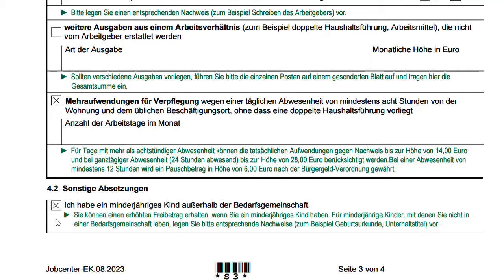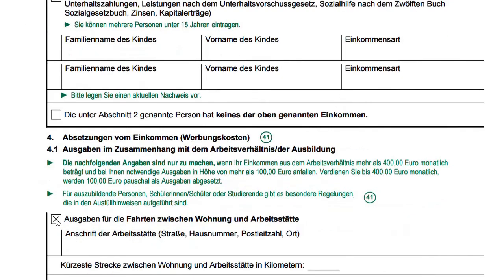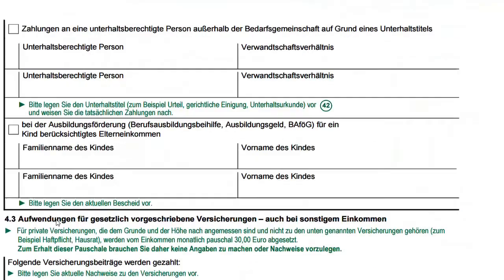For minor children with whom this person is not living together, he or she should provide appropriate evidence for that. For example, a birth certificate or maintenance order, and so on. Of course, to the job center. If he or she pays for the maintenance of a person who is not living with him or her together